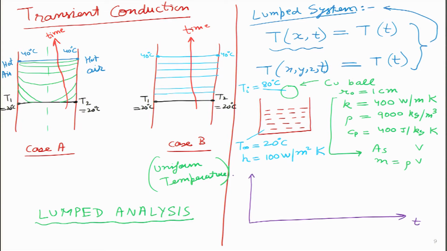So, what I am drawing over here is temperature of the copper ball. Initially, its temperature will be Ti. At t equals 0, I know the temperature value Ti equals 80 degrees, and I know the value of the surrounding fluid, which is the oil or some water or some other fluid over here. So, that temperature is 20 degrees. I know that temperature as well.